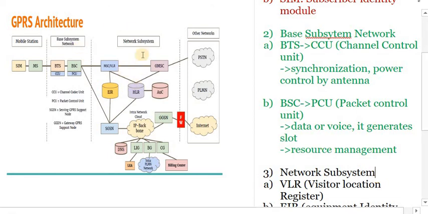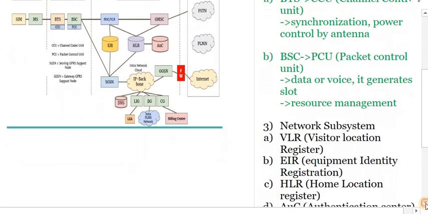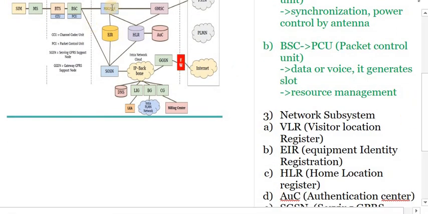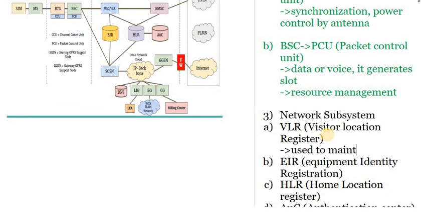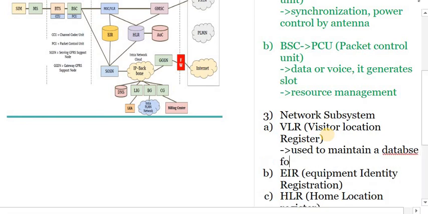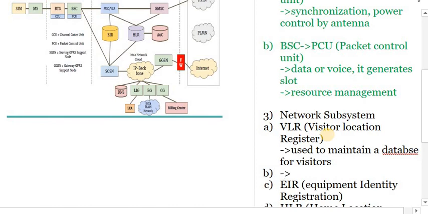Now come to the third component, that is called the network subsystem. So the network subsystem contains many subcomponents. The first one is called VLR. You can see the diagram here is VLR. VLR is just like in the GSM, the visitor location register. The functionality of VLR is to maintain a database for visitors, as well as to resolve the queries